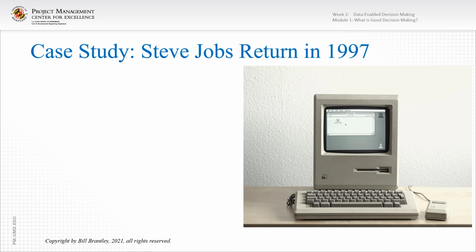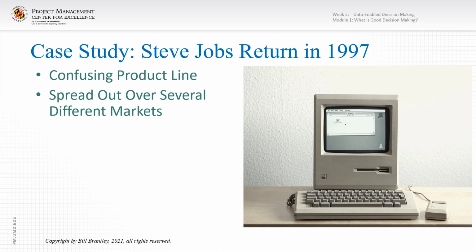So we've talked a lot about the theory of decision making and how to make good decisions. Let's see one in action here with a classic case study of Steve Jobs' actions that he took and the decisions he made when he returned to Apple in 1997. Now, Steve Jobs returned to Apple in 1997 to a company where the brand was under fire and it was losing its place in the marketplace. And one reason that he found was it had a confusing product line. They had all kinds of different computers for business people and for consumers, and some of these systems were competing with each other.